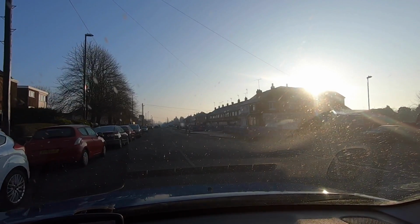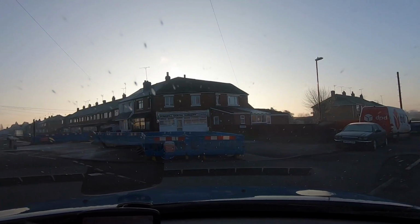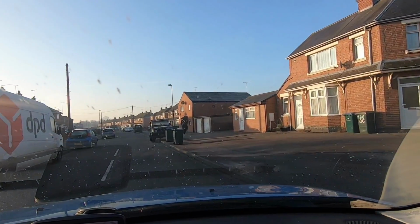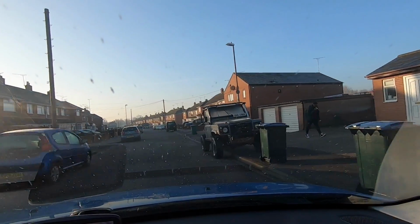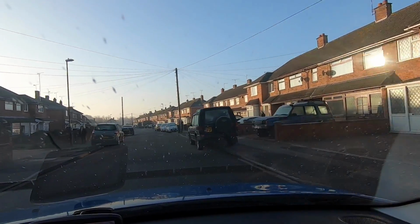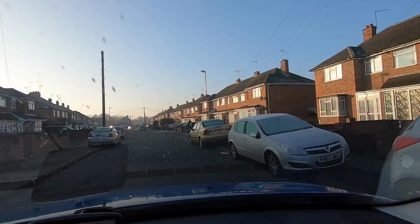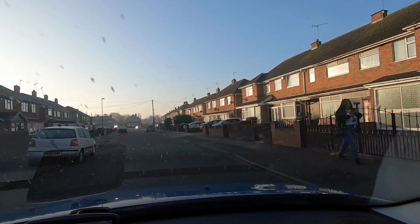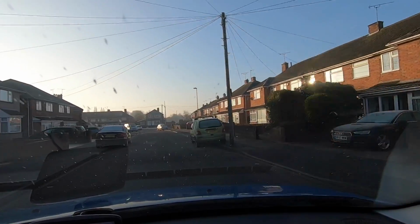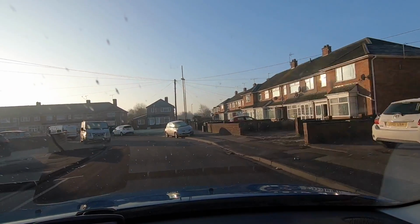There's always cars parked near the edge of this road we're turning into, Coventry Road, so it may be that you'll need to steer away from those fairly early on, just like today. So this is Coventry Road, and one thing you'll notice about this road is there's only really room for one car to pass at any one time because of all the cars that are parked kind of on the opposite sides to each other. Also, it's fairly bendy,